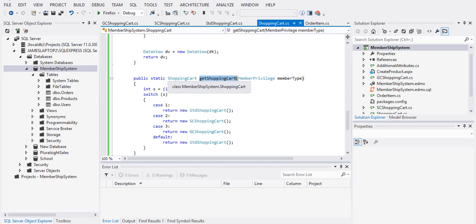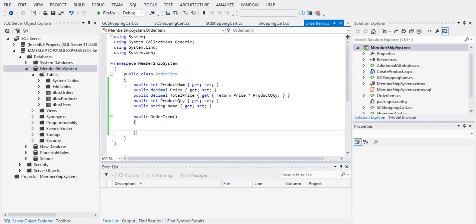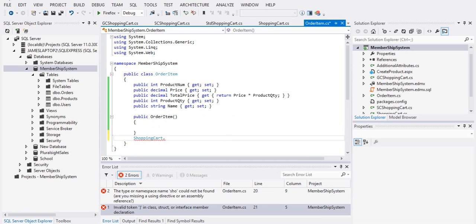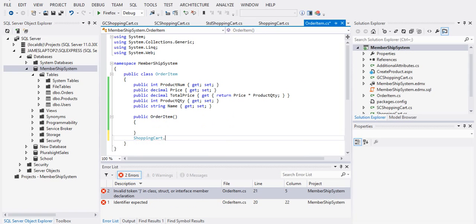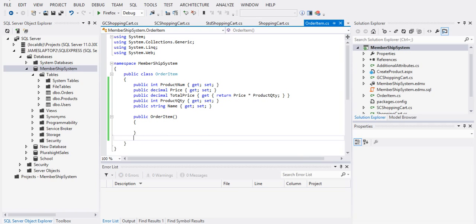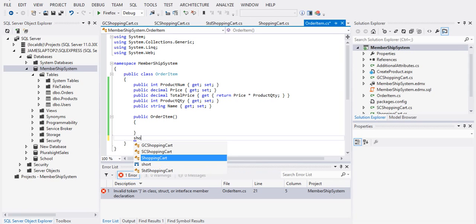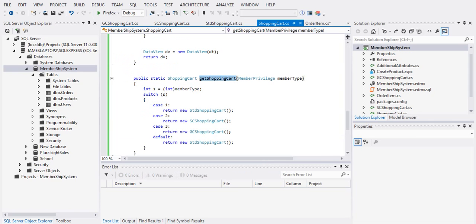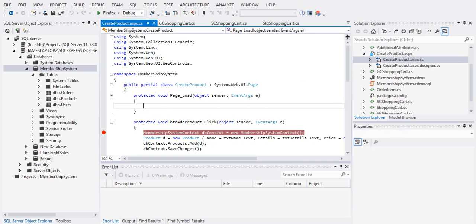So what would happen is someone would write shopping cart dot. We'll just go into here and go shopping cart